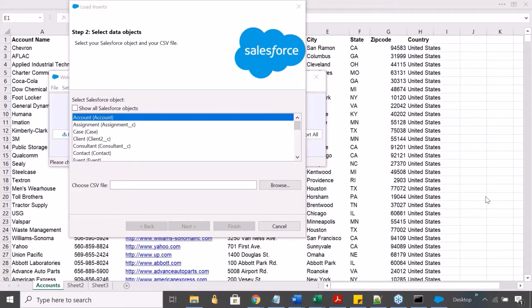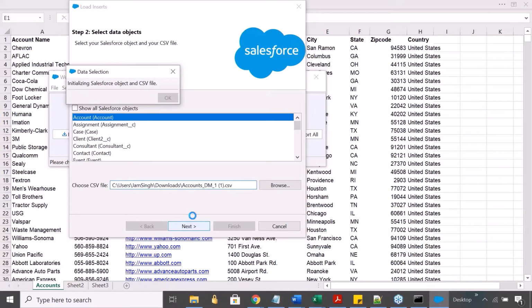Okay, so I've got this file. I just stopped sharing screen since I was browsing the file through my list of files, but it's a simple browse. You just click on this and browse your CSV file wherever it is. Pick it, go to next.